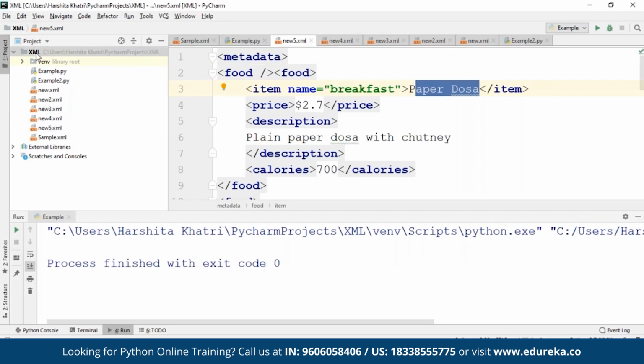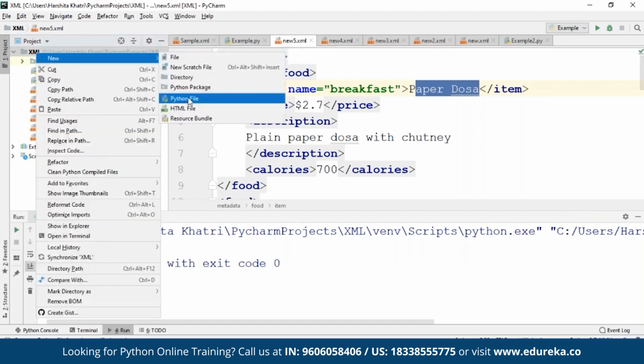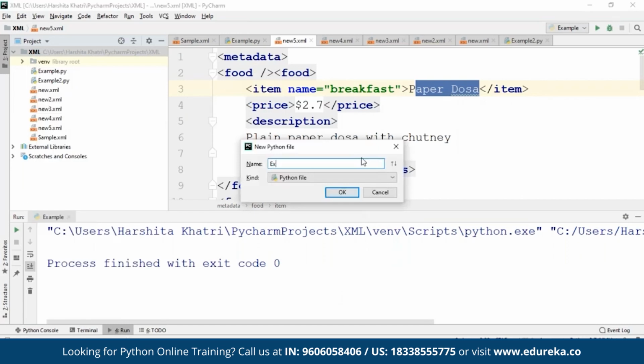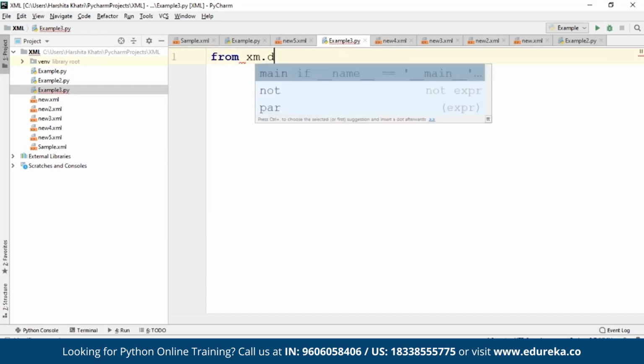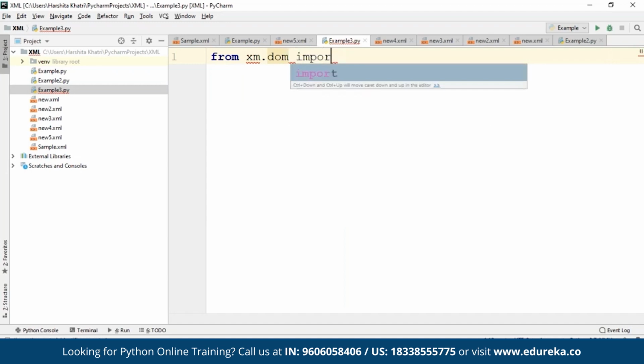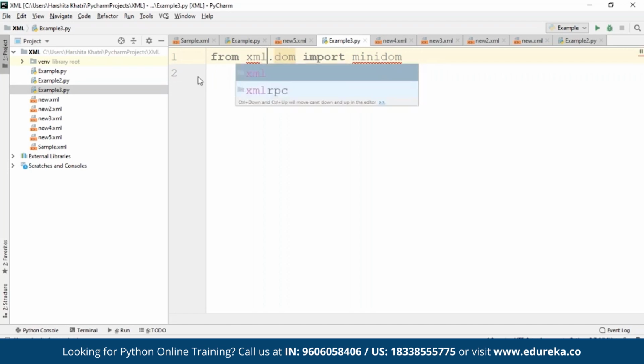I'll just open a new file since this is a new library. I'll say new Python file and I'll say example3. So the first thing that you have to do to make use of this module is to import it. So I'll use from xml.dom import minidom. After this, I'll just take a variable, say myTree again,